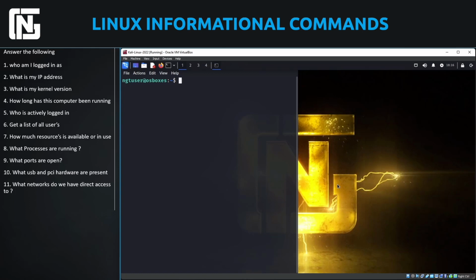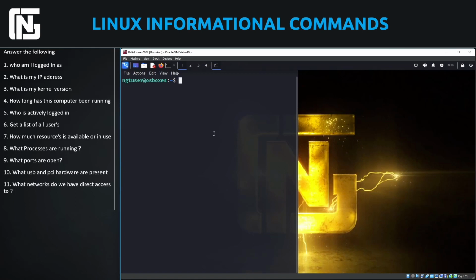Now, who am I logged in as? Well, this is actually rather easy because you can see over here at your terminal that you are logged in as ngtuser and the host name is right here. Now, this is something that is new. If you're running a terminal that does support this kind of prompt, you'll always know this as long as it's configured to do so. But a good deal of systems out there won't give you all this information. Sometimes you'll just be given this $ as your prompt,